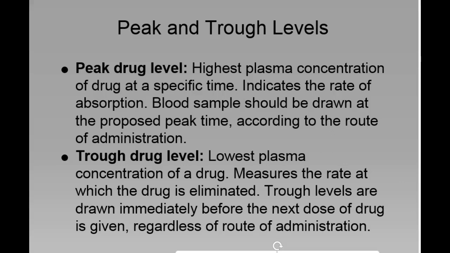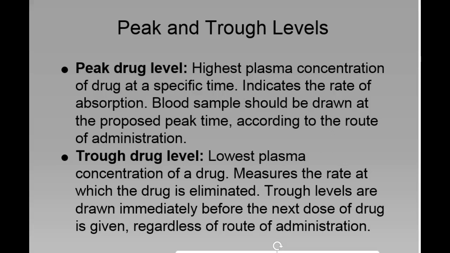Peak drug level is the highest plasma concentration of the drug at a specific time. Peak drug levels indicate the rate of absorption, as we stated before. If the drug is given orally, the peak time might be 1 to 3 hours after drug administration. If the drug is given IV, the peak time might occur in 10 minutes. If a peak level is ordered, a blood sample should be drawn at the proposed peak time according to the